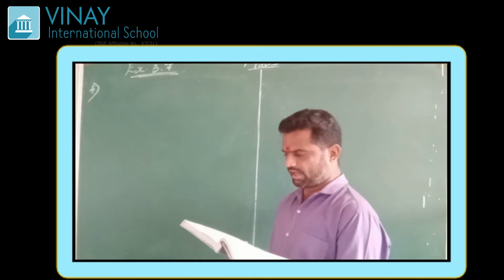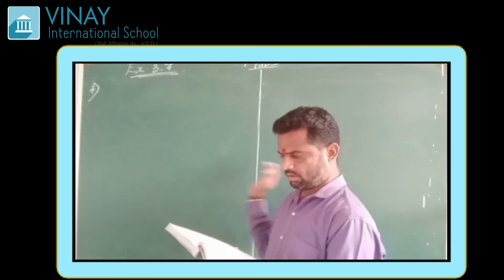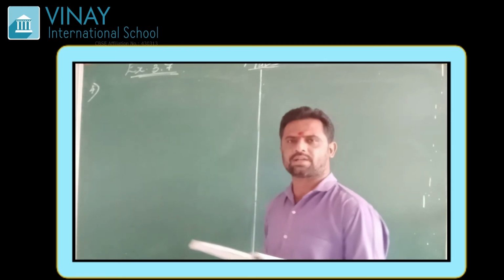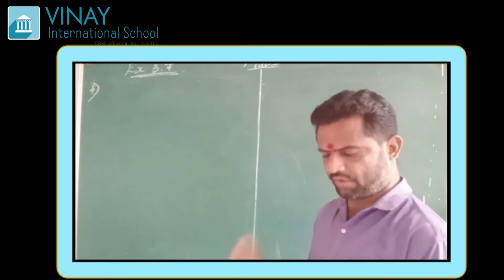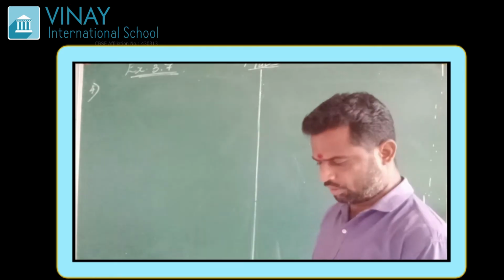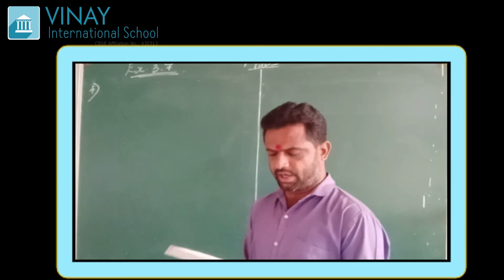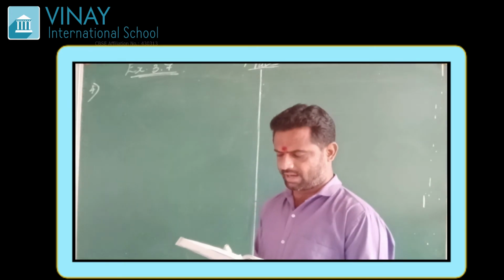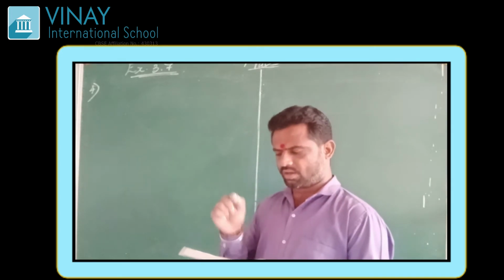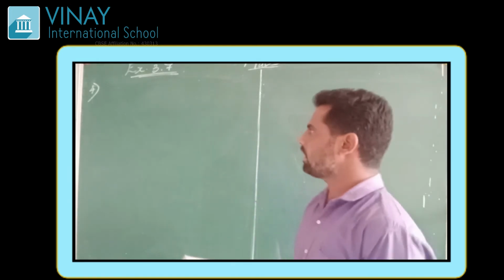Now question number 3 is same as we had done here. Here you have to find out the longest, means highest common factor. Let us see question number 4. Determine the smallest 3-digit number which is exactly divisible by 6, 8 and 12.